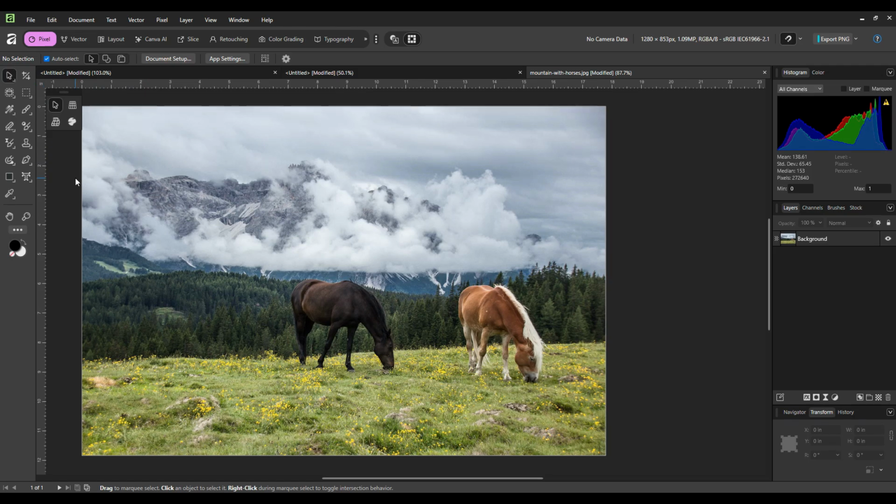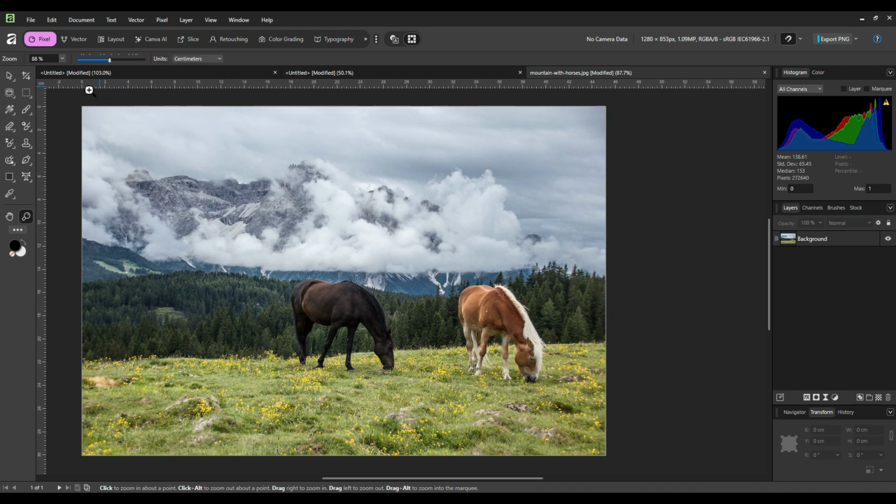The second method involves going to the zoom tool in the main toolbar. So here's the zoom tool. I'll just click on that. And then if I go to my tool options up here, here's my units options. And I could change my units of measurement there. Let's say if I change it to centimeters.